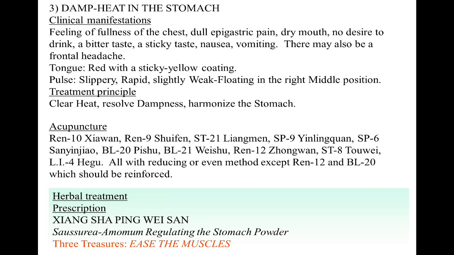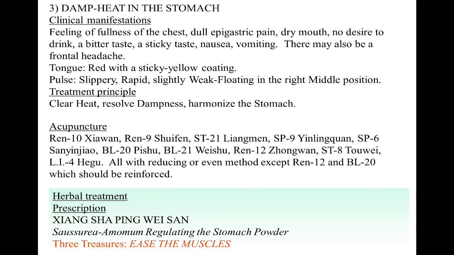So as we said, in dampness we have this famous feeling of fullness, which we have described, which is different from distension. Plus symptoms of dampness such as a sticky taste. Nausea can also come from dampness. By the way, a sticky taste, which is called Ni in Chinese, which is a different Ni from the rebellious Qi, by the way,